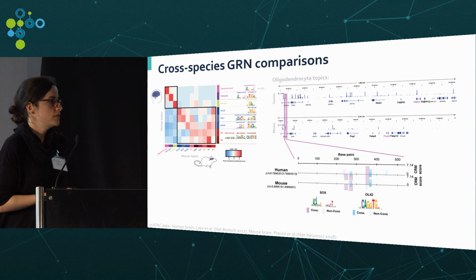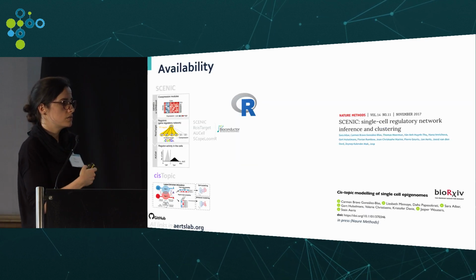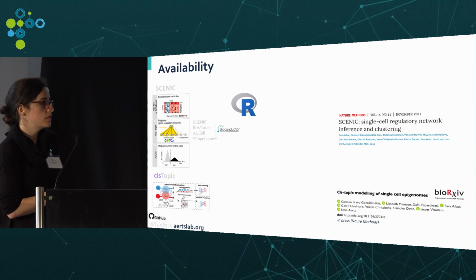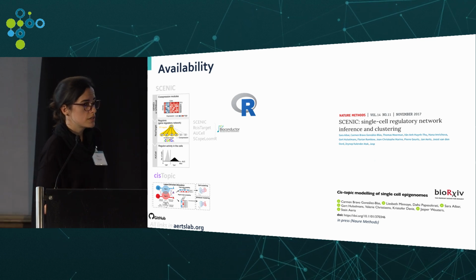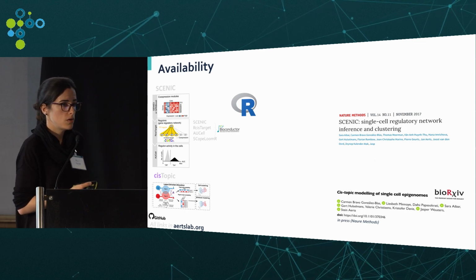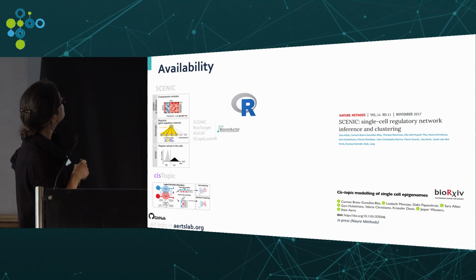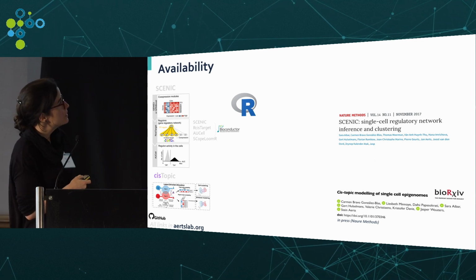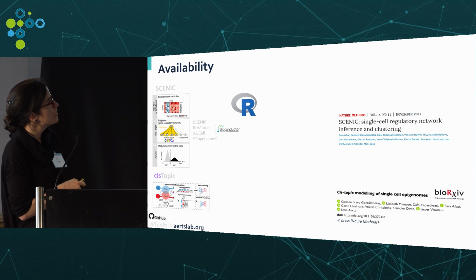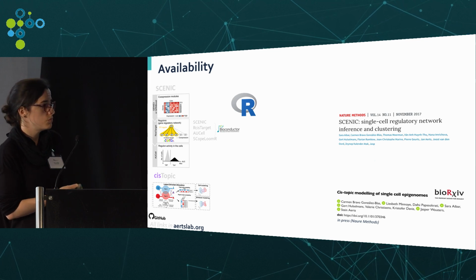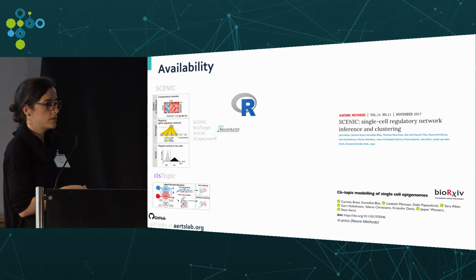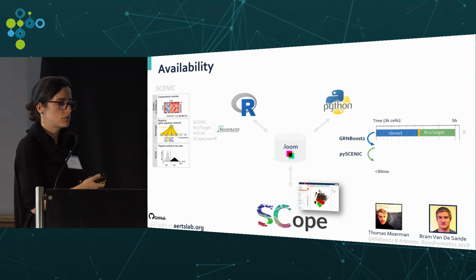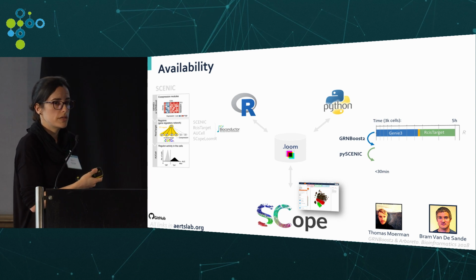So to finish, just to mention that SCENIC and cisTopic are both implemented in R and available on GitHub. You have all the links in the Aerts lab website. But for example, SCENIC was very slow to run, especially because the co-expression network for big data sets was really slow. So we re-implemented the co-expression network in Python as GRNBoost using gradient boosting machines, and now we have re-implemented the whole pipeline in Python, so it's very easy and fast to run, even for big data sets in